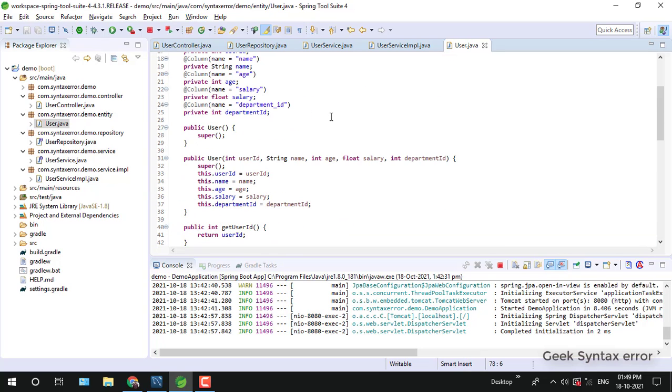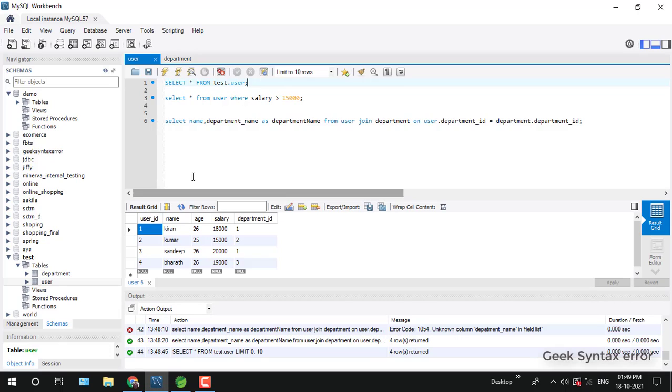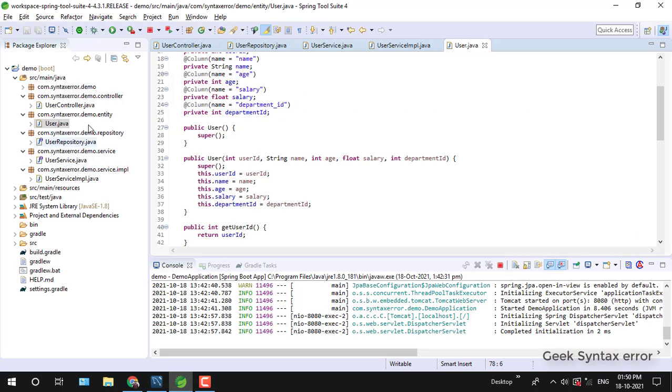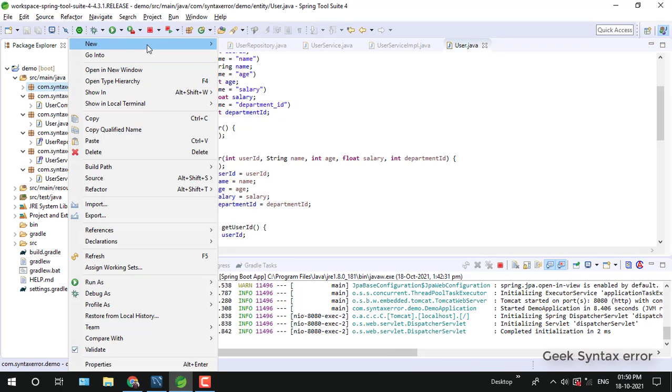Now actually this is an entity. There is another package we need to create, that is a response, because this is a result set that we are getting here. After we run this SQL query, we'll get the result like this. So this is not a table, actually this is a result set, but we need to represent this through a POJO, through a Java object, right? So we need a response entity for that. So let's create a response entity for this result set.